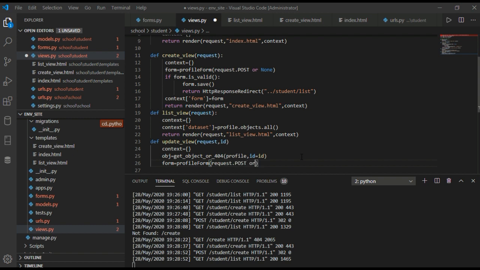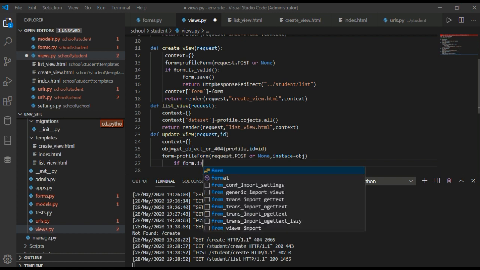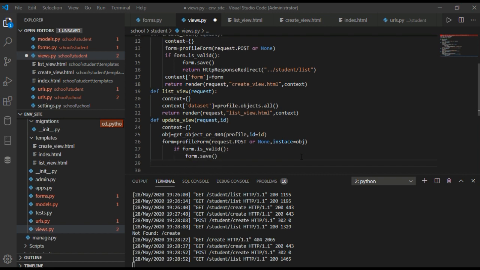If there is no page, then 404, profile, and we have ID is equal to ID. Form is equal to profile form, request dot post or none, and we have instance is equal to obj, the object.